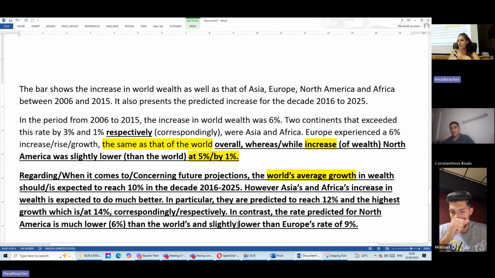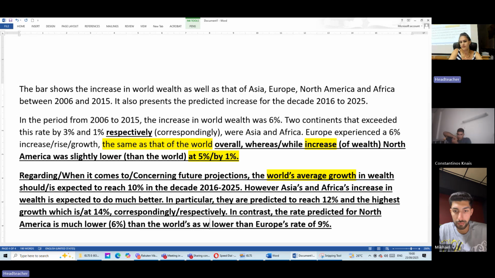Is it wrong to say slightly? Slightly also means one, maybe. Okay. In contrast, the rate predicted for North America is much lower than the world's, as well as Europe's